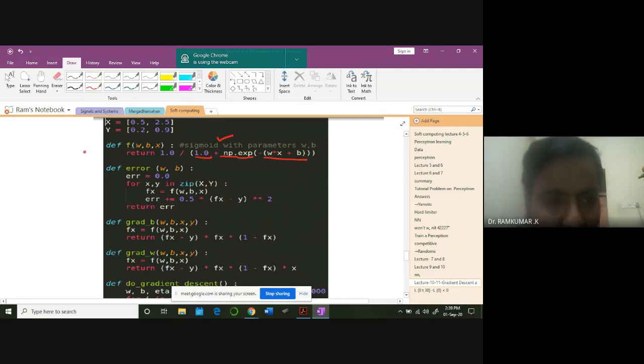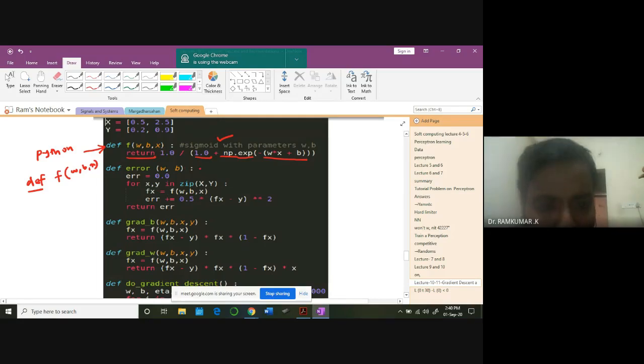So I have defined a function using the Python code. For a function definition in Python, whenever you want to work with a definition, you have to start with def. Def means there's a definition of the function. Then give the name of the function and give the arguments. Then you have to return something. Get the value of w, the value of b, the value of x, and substitute them in this formula. You get the corresponding function defined.